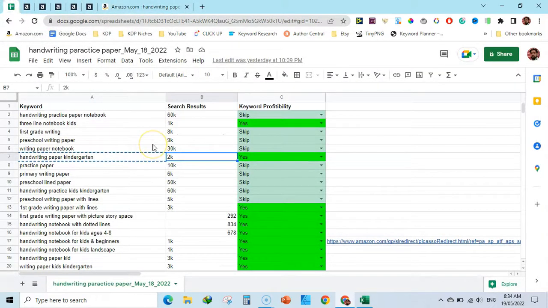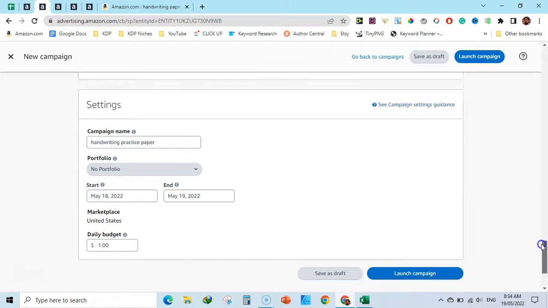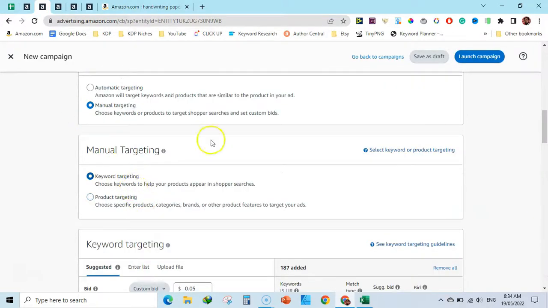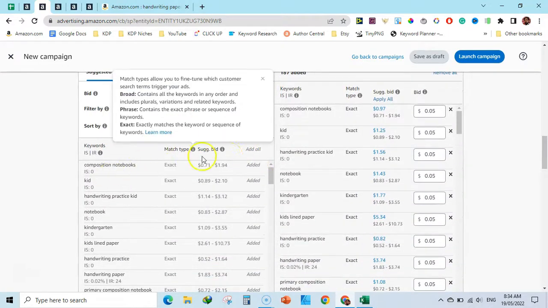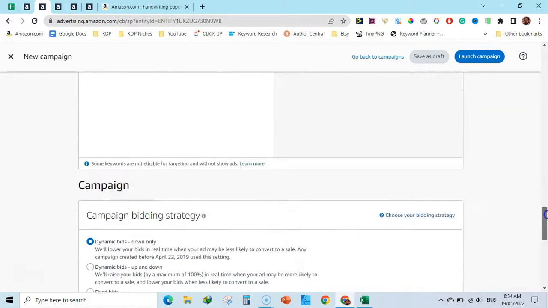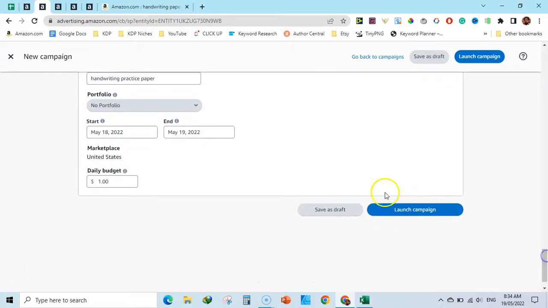I have quickly found these keywords using only Amazon ads, and that is the manual ad set. Create a manual ad set, select a relevant product you want to create more books for. Go to the targeting section here. I am quickly revising this here: manual targeting, keyword targeting, and down here uncheck these 2 boxes and add all these exact keywords. And once you have added them, give a name to your campaign here, select a very low bid and then launch the campaign.